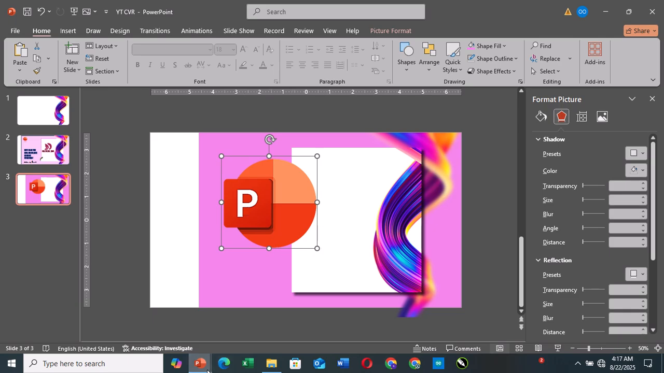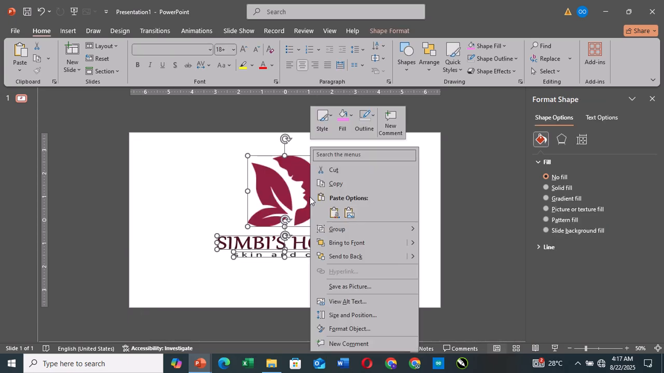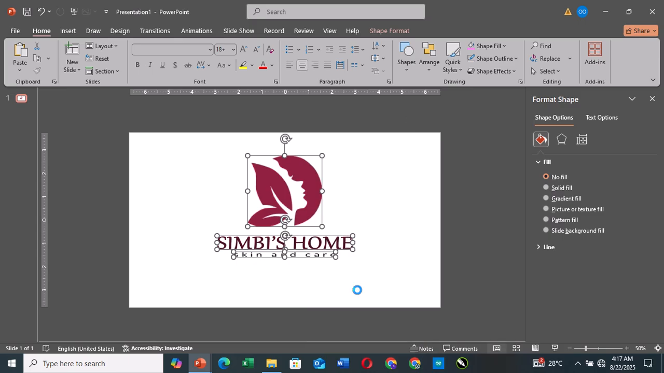By the way, I'm done with designing this logo, right? And I want to save my logo without a background. Simply select the whole logo, click on it. You're going to see save as picture,